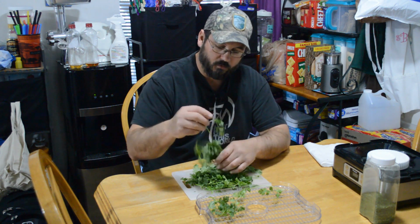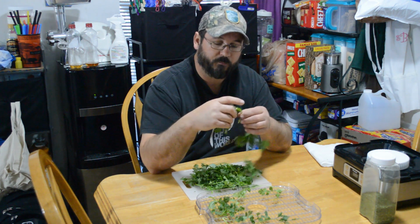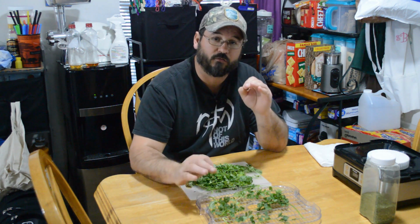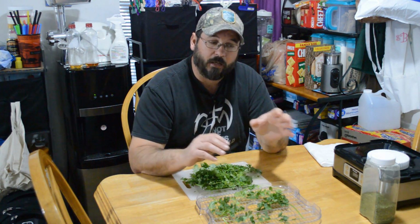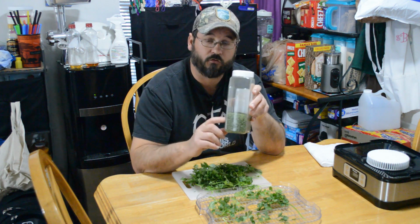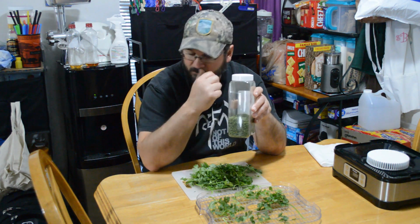And after we get this all laid out, we put it in our dehydrator, and after it goes through its dehydrating process, we need to, and this is a very important step, make sure that this is fully dry. If it's not fully dry, what will happen is once you break it up and put it in your container, and this is just an old cilantro container that we bought previously and we just refilled it with our cilantro that we collected last year,